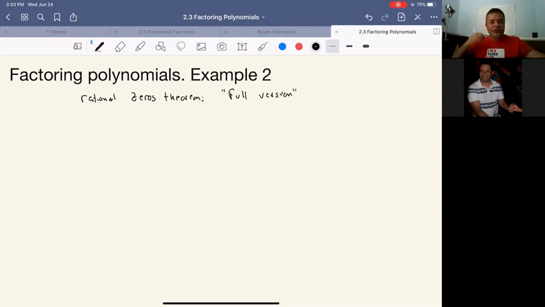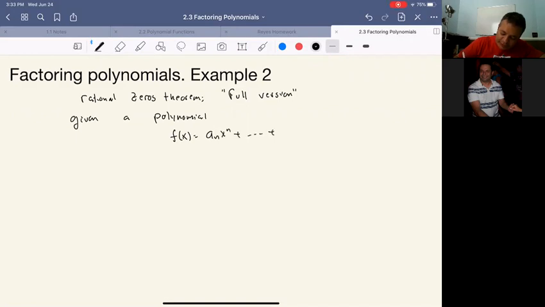The full version of the rational zeros theorem states that if you're given a polynomial f of x equals a sub n x to the n, all the way down to a1 x plus a sub 0, then the possible rational zeros